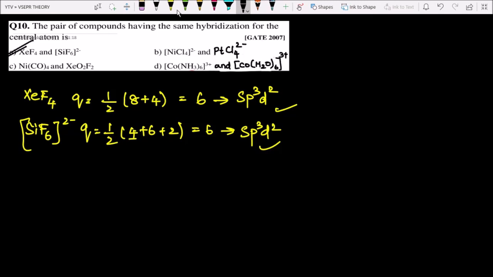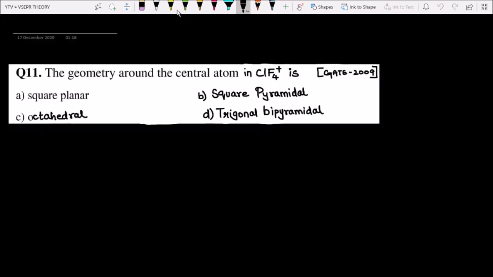Such easy questions are usually asked from VSEPR theory. In chemical bonding, they ask VSEPR theory a lot, and in VSEPR theory, if you know the trick to solve the shapes of molecules, it's going to be very easy. In this question they are asking the geometry. You have to keep in mind whether they are asking the geometry or the shape. The geometry of this compound, what is it?